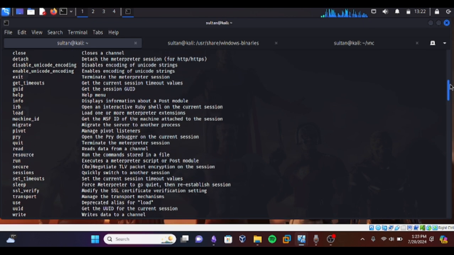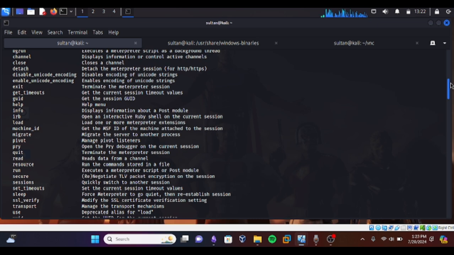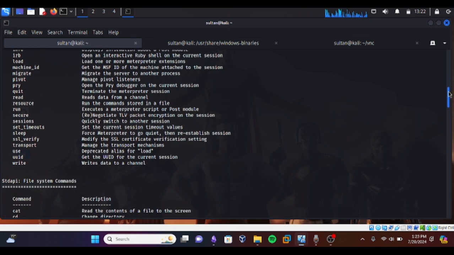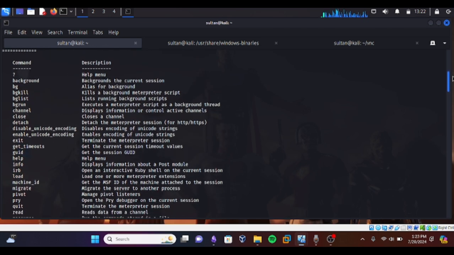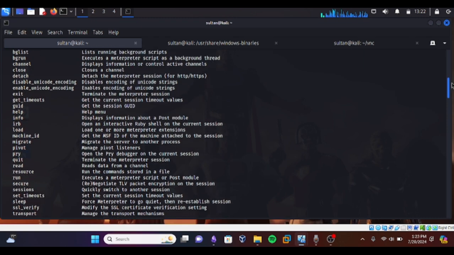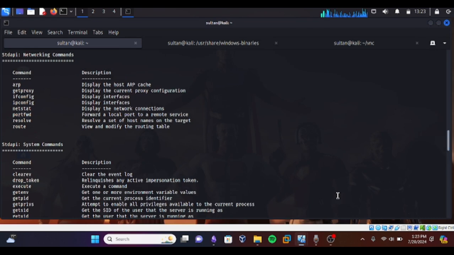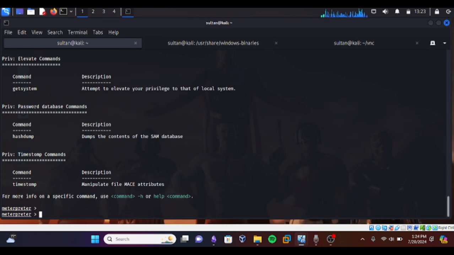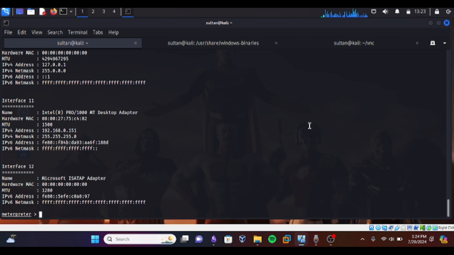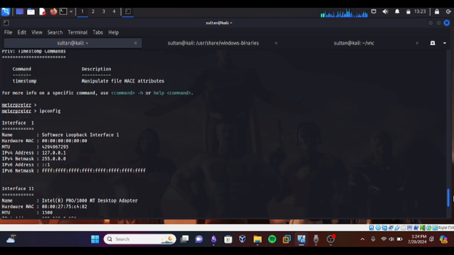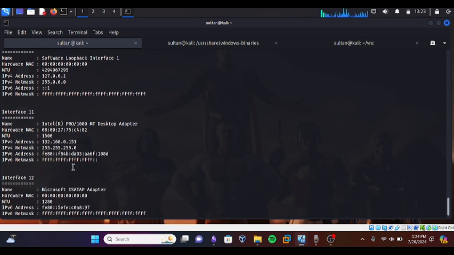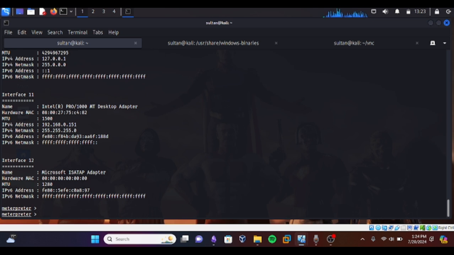I was looking for a command to shut down the machine, but I didn't see one. Anyway, I'll just type in ipconfig, and I can see the IP address of the Windows machine.